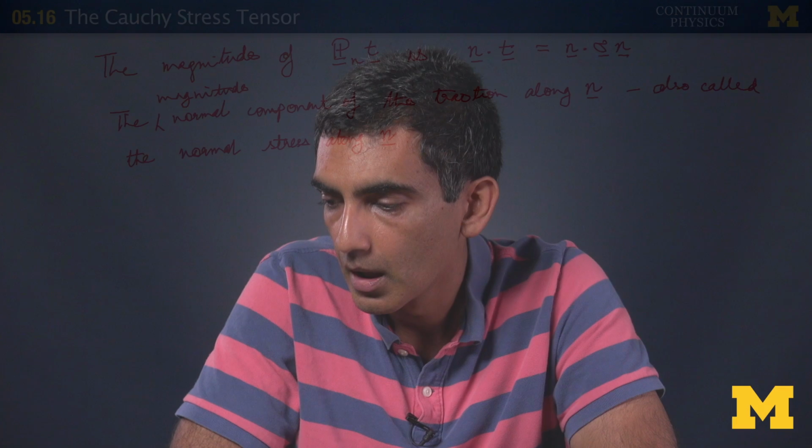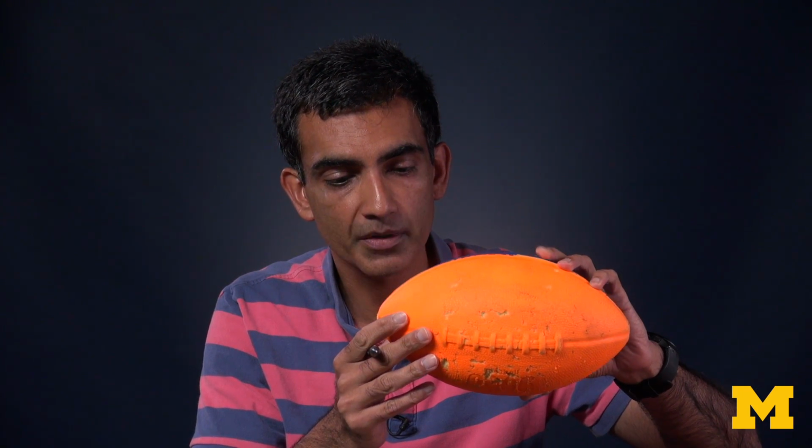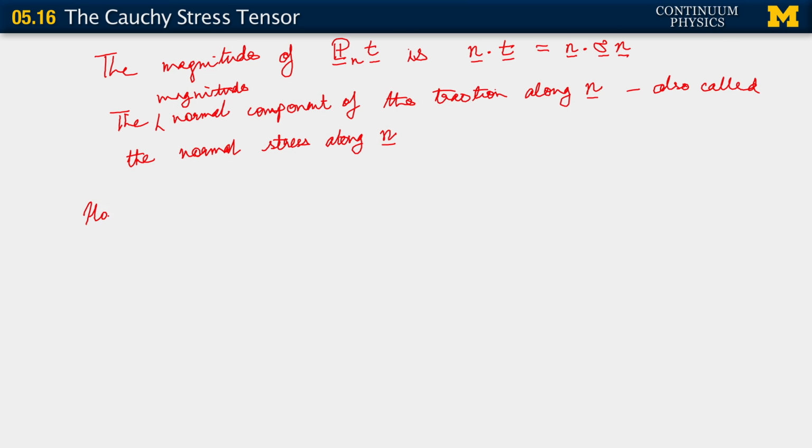Now, once we have this, it's a reasonable question to ask: as I change n, it would be of interest to know along what direction of n I get the maximum stress. Clearly that can have applications in how you view the eventual failure of this material. You expect that if the stresses are maximum along some direction, then the material is probably going to fail along those directions due to fracture or something like that. So the question we want to ask more generally is, how do we find the extremum values of the normal stress,